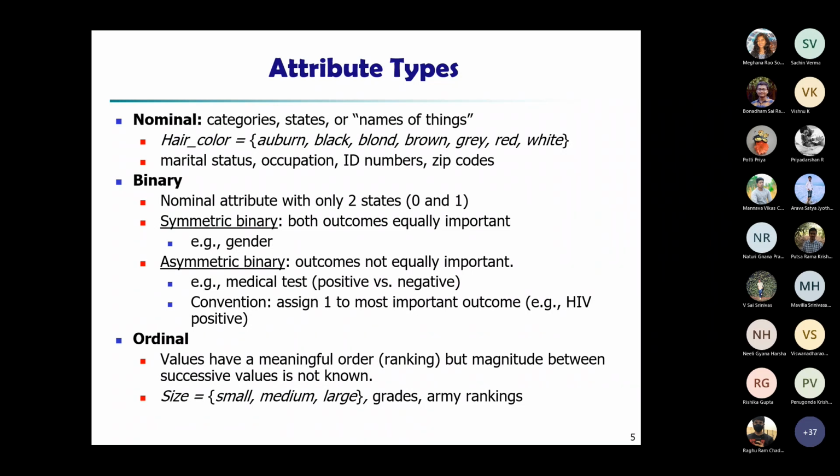Okay, so nominal, binary, ordinal, all these are qualitative. They are describing the feature of an object without giving an actual size or quantity. So when I say cool, medium, hot, I don't know how much cooler it is than the other. That part is not clear, but we just say that this is cooler than that. That understanding is there. So there is no quantitative information provided there, but we have a qualitative aspect in the picture. Okay, so then we say it is ordinal.